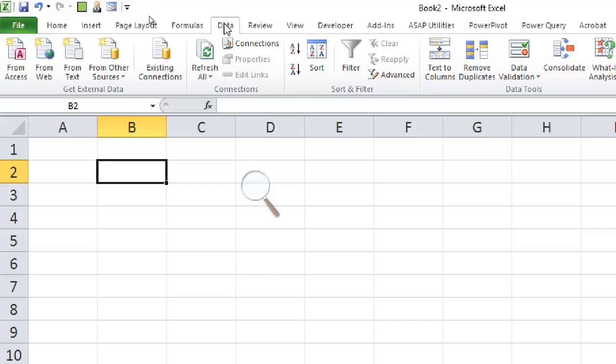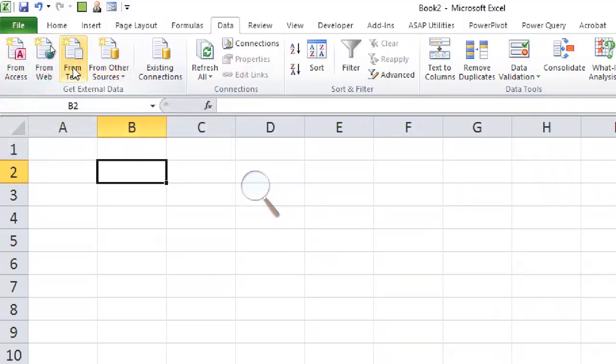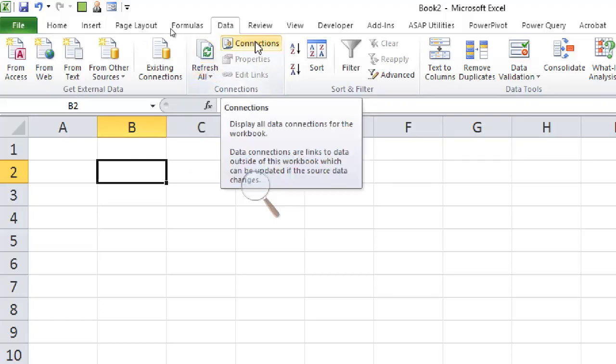Next you have the Data tab, and you have, I guess, chapter 7 or 8, which tells you how to import data from various sources, like from Access, from the web, from text. So you should know how to import the data and what steps are included in the process of importing data. Then how to make sure that you update your data by refreshing. The Connections window is one of the important features in Excel, okay.